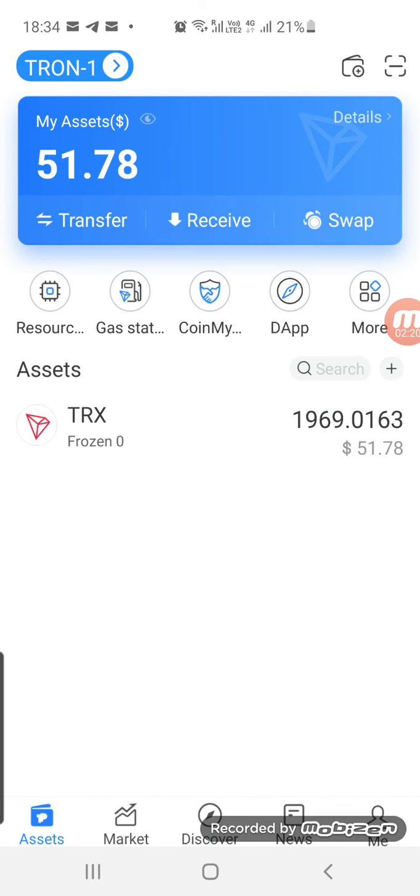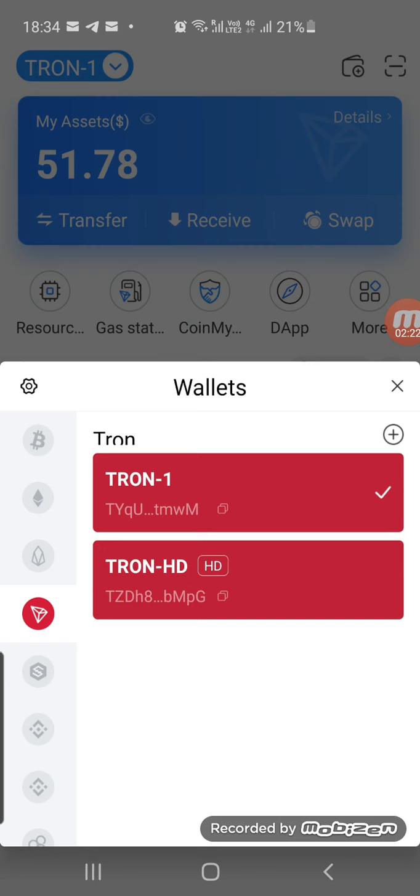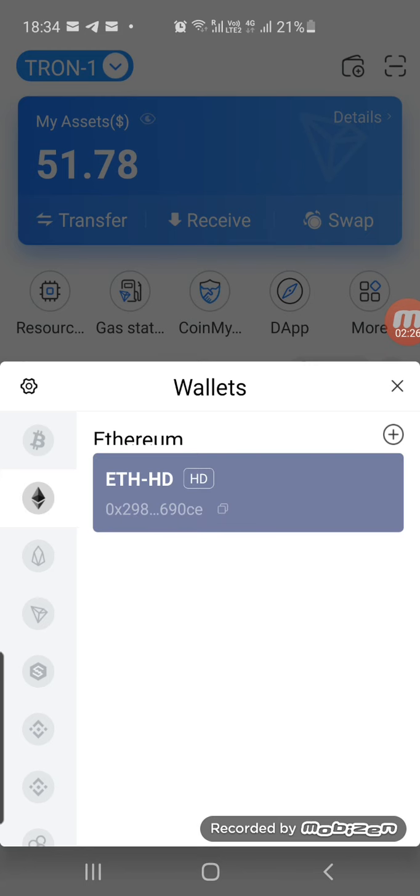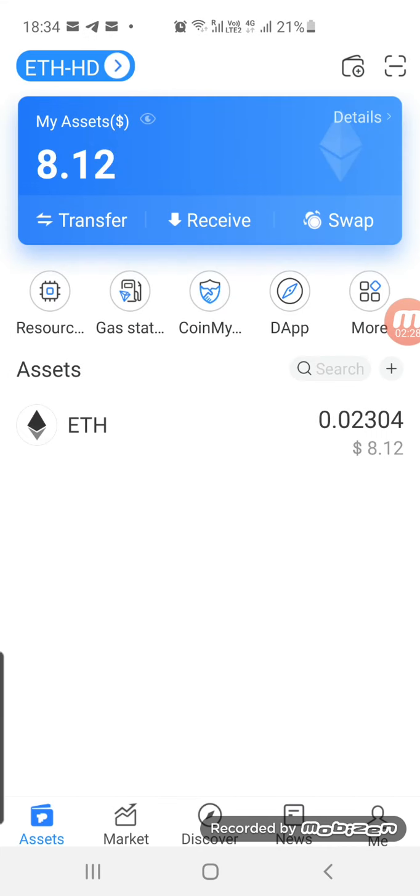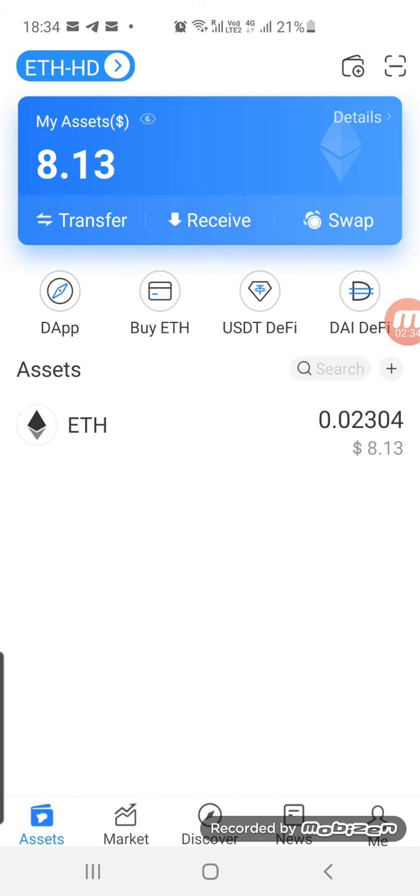I go back, then on the top where it says Tron 1 HD, I'll click on the arrow and click on the Ether, which is the second, and click again on the right hand side. So now I will swap this ETH into Tron. If you see on top in the blue shaded section, there is transfer, receive and swap.